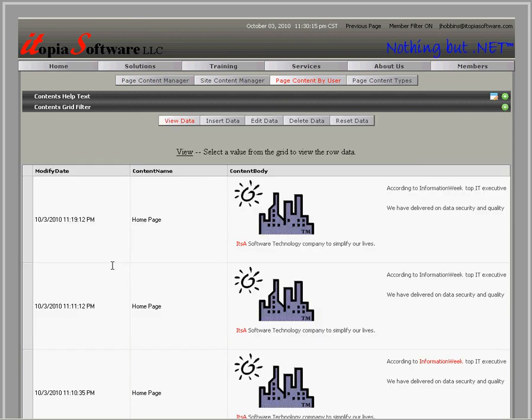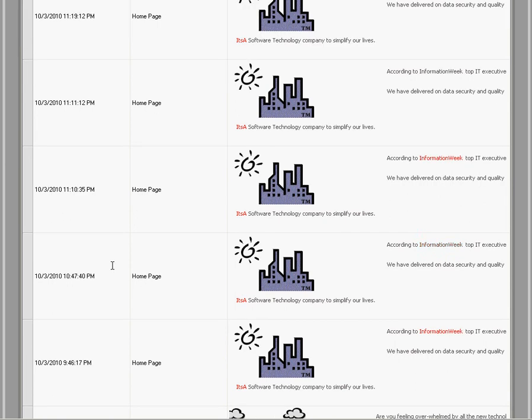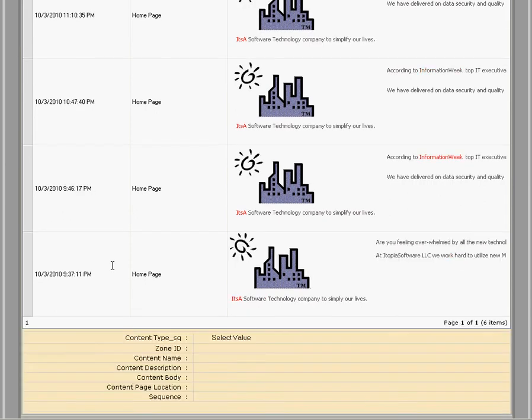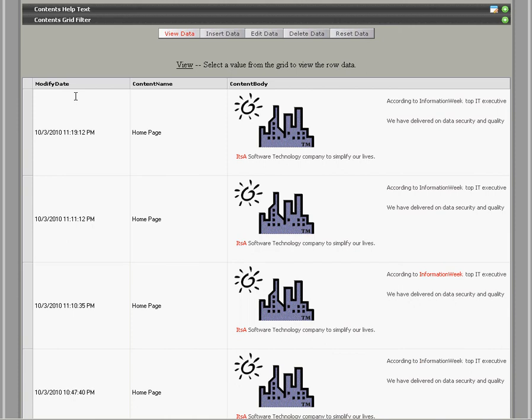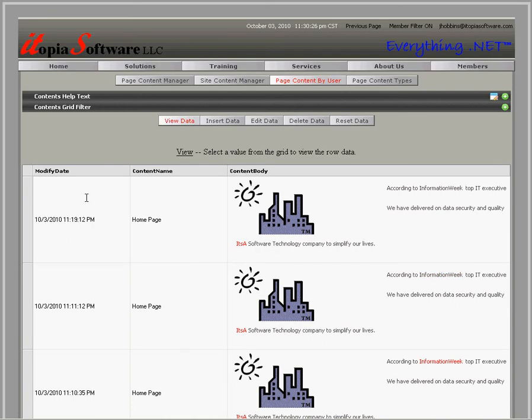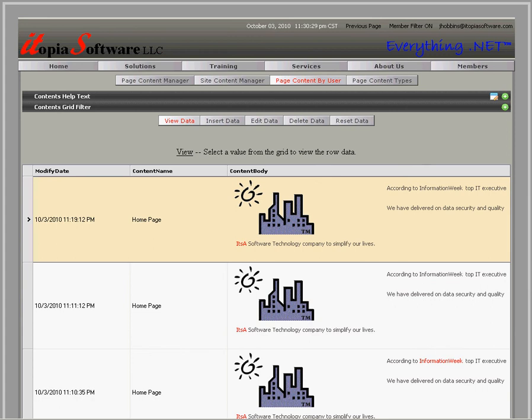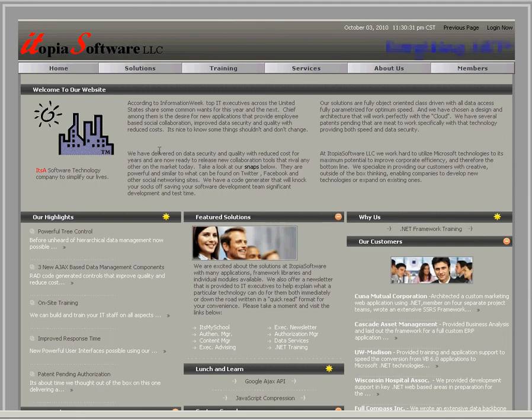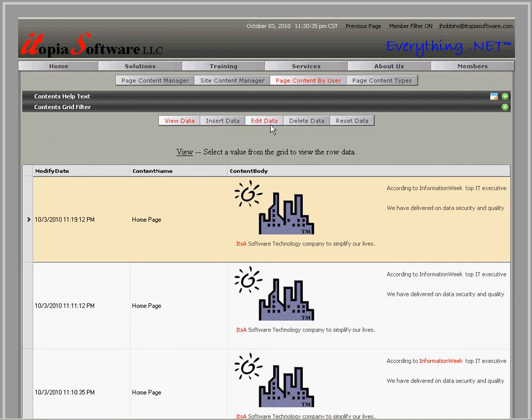Now this row of data here is exactly the same data that you see in the non-authenticated view. Now I can edit that, and I'll go ahead and do that. I'll select that, and I can go here